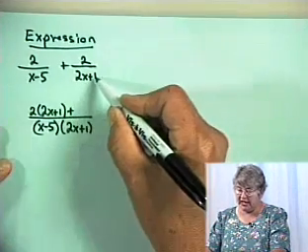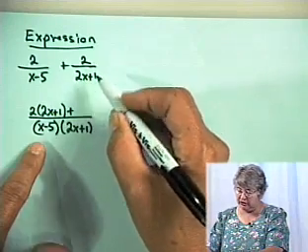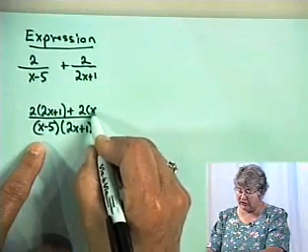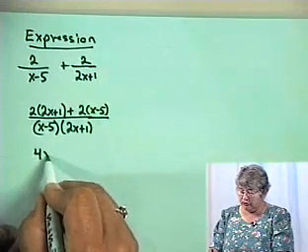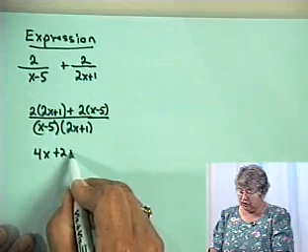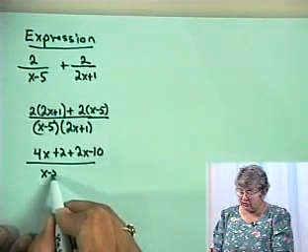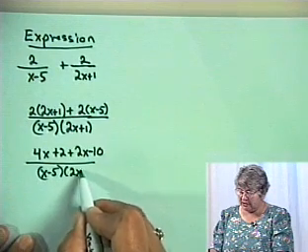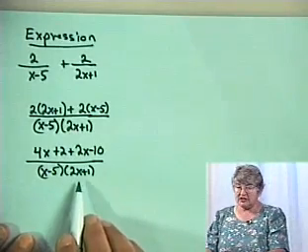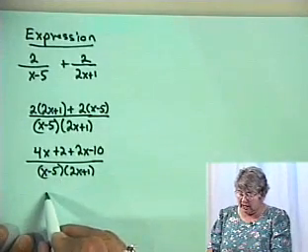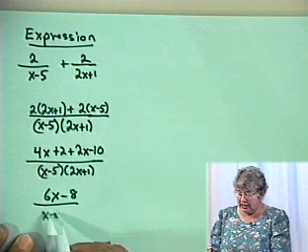For the second term, I have a 2x plus 1, but I don't have an x minus 5. So I'll need to multiply the numerator and denominator by x minus 5. Now, we can go ahead and simplify the numerator. For the numerator, we will have 4x plus 2 plus 2x minus 10. In the denominator, x minus 5 over 2x plus 1. Remember that in an expression, the lowest common denominator stays there. So when we collect like terms, we will have 6x minus 8 over the denominator, x minus